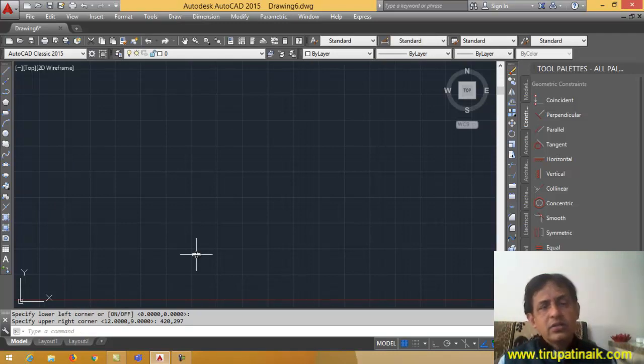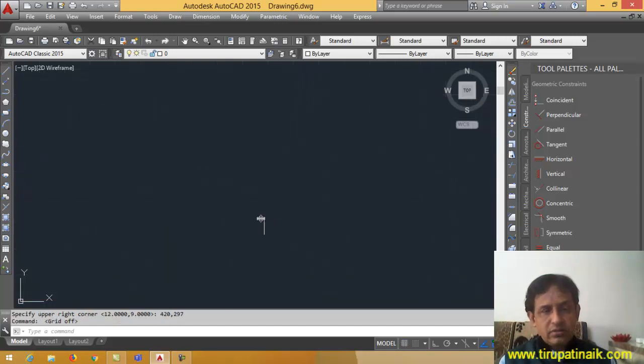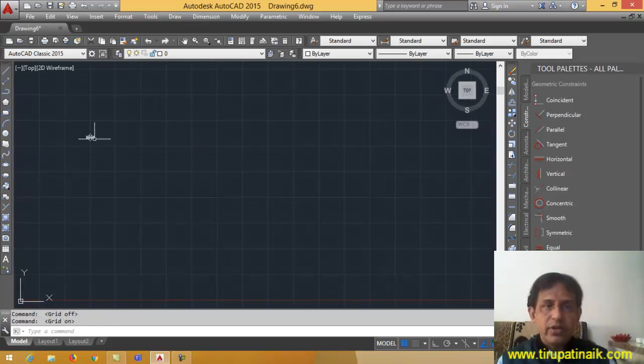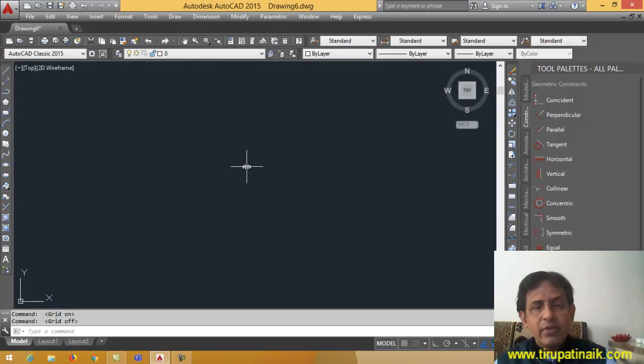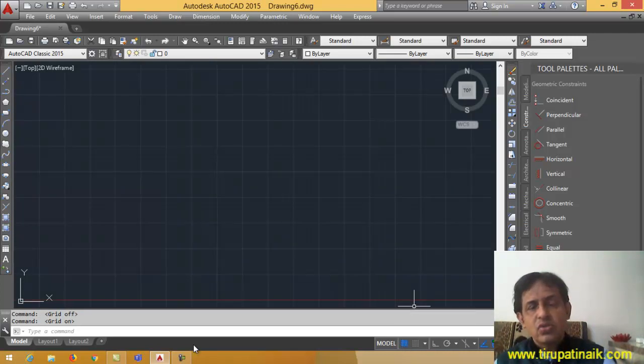So just I entered. So now this entire drawing area, which is converted from the 12,9 rectangular into 420 by 297. Okay. So this is how you're going to define. Then F7 is for grid on off. Like it is all the grids we can see it. So you can switch on off, or else you can grid on off from the bottom here in the status bar. Grid on off F7 you can use.